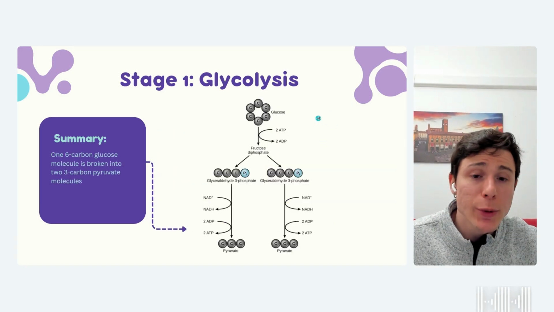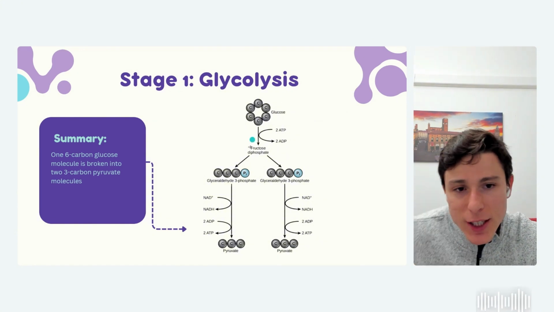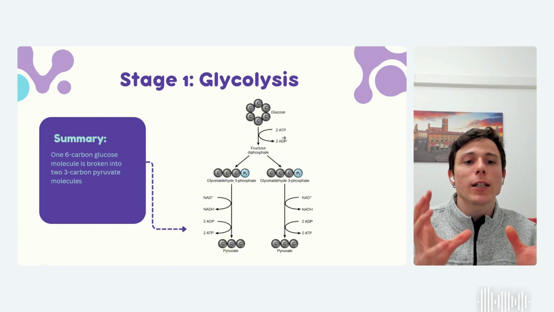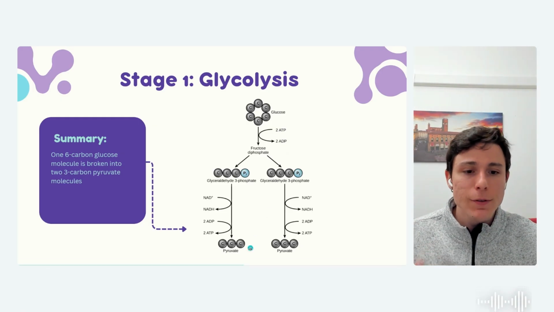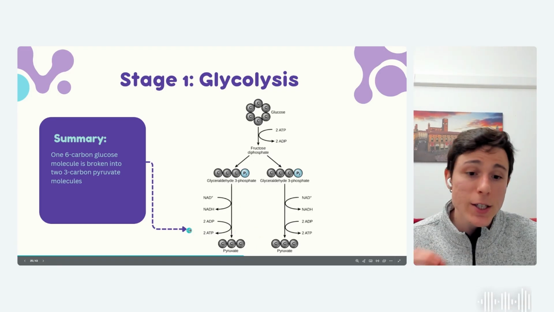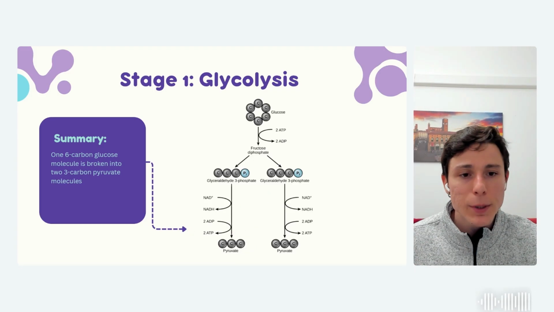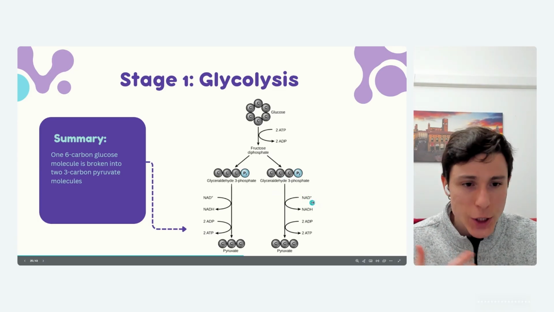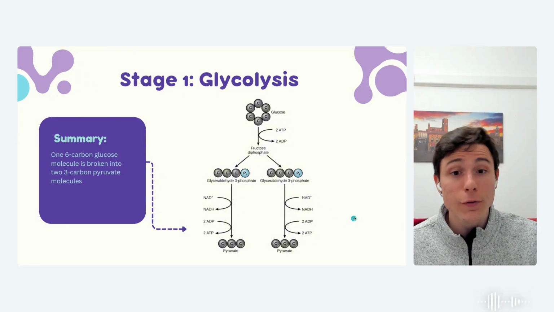In this other slide, we're going to have an overview of glycolysis, what happens at the beginning and how it ends. We're going to see this in more detail, but basically we're going to come from a glucose molecule that has 6 carbons, and we're going to end up with a different molecule called pyruvate that has 3 carbons. In between, we're going to have some ATP being produced, not a lot, but something just to get going. And also we're going to have some electrons being transported. So this little guy here, NAD, remember him? He's going to be carrying some electrons that are going to be important for our last step.